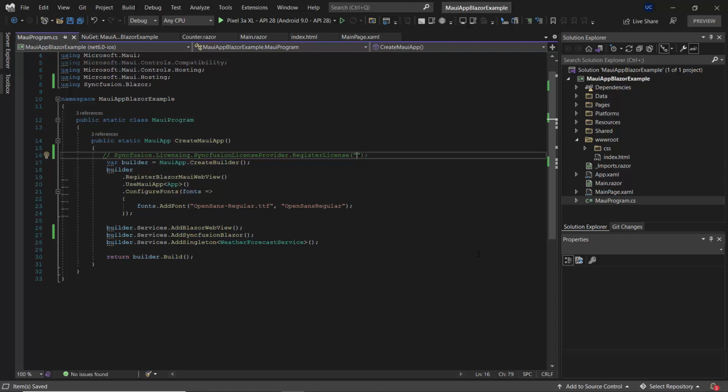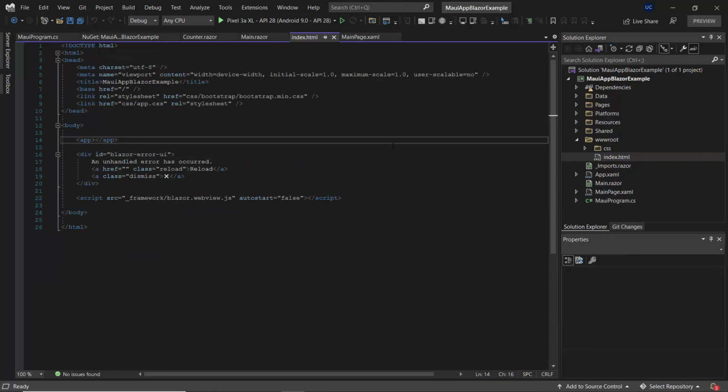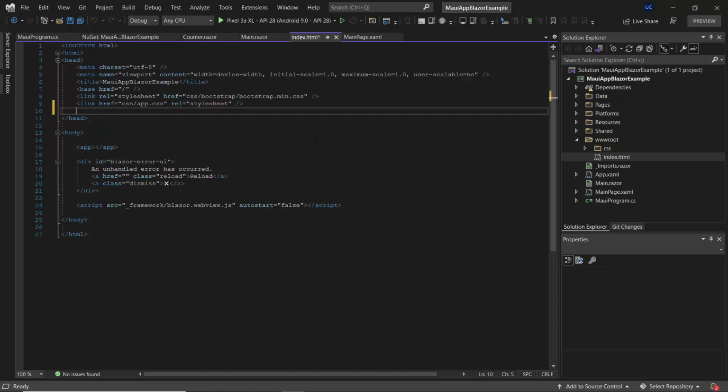So next I'll move on to index.html page, and here I need to add the CSS reference for the Blazor components. To use SyncFusion Blazor components, I need to refer the CSS reference here.